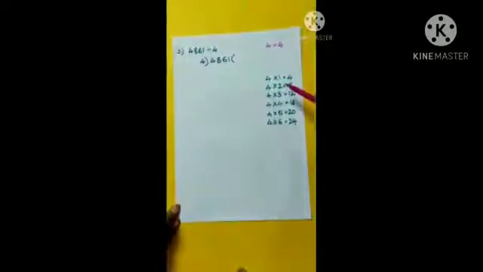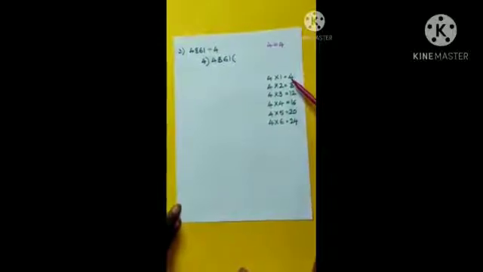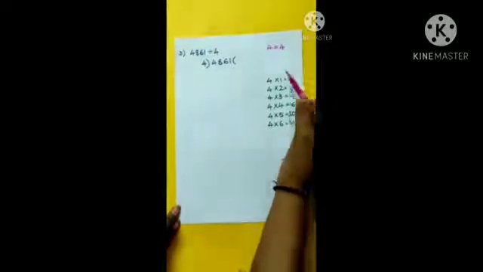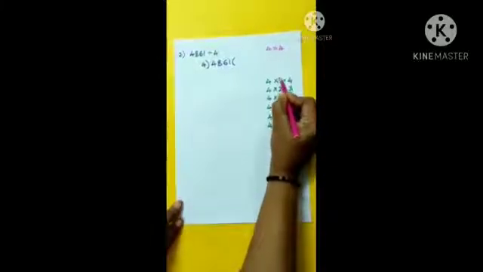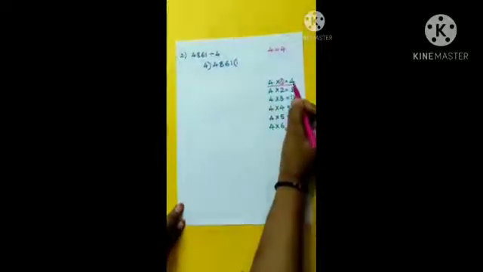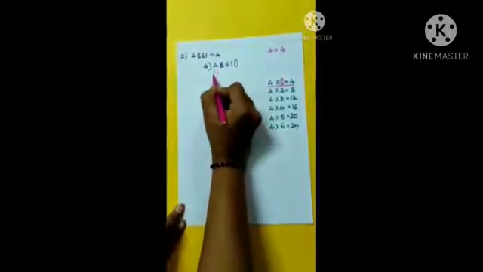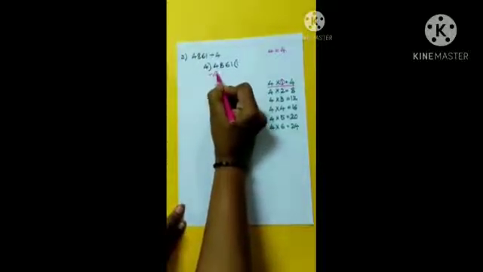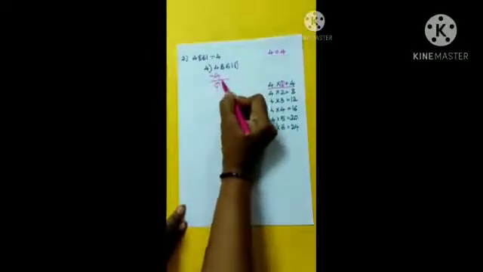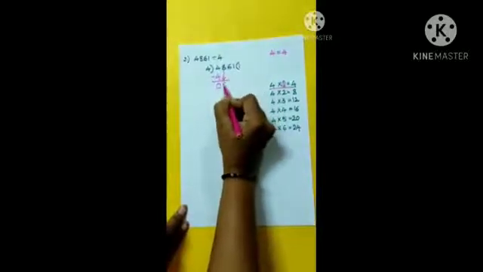Here we use the table of 4 to find a product which is equal to and nearest to 4. As we know that 4 into 1 is equal to 4, we write 1 in the quotient and we write 4 in the thousands column under 4 and we subtract 4 from 4. 4 minus 4 is equal to 0. Now bring down the next digit, that is 8.